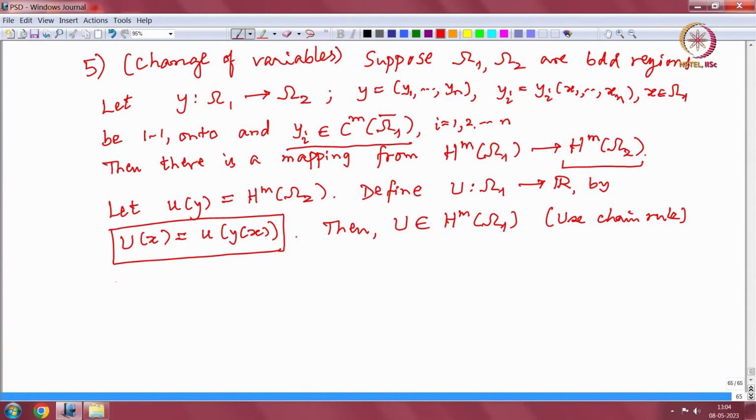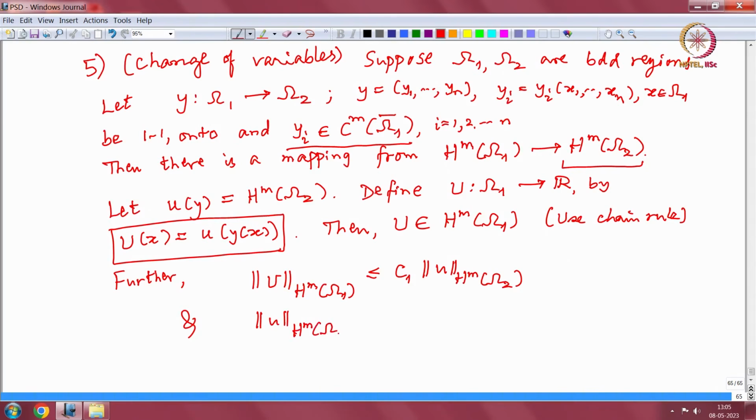Okay. Further, this is important for us. The norm of u in Hm(Ω1) is less than or equal to a constant times the norm of u in Hm(Ω2), and we also have the reverse one, Hm(Ω2) bounded by a constant times Hm(Ω1). These constants essentially come from the bounds of